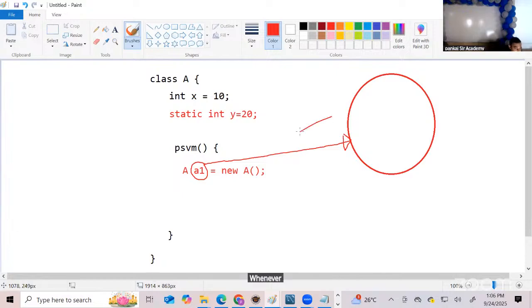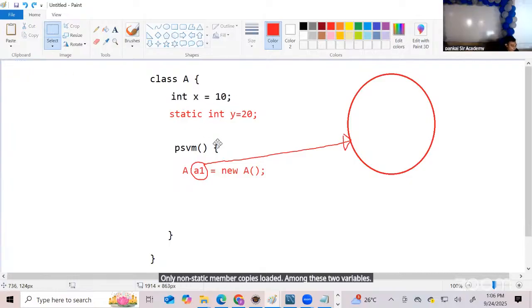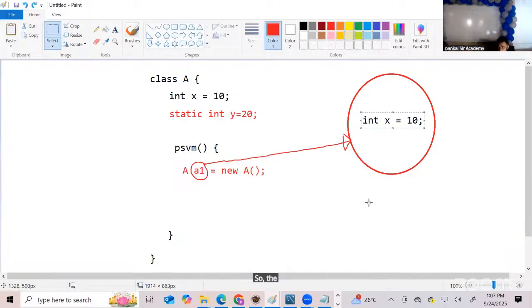Whenever we are creating an object in Java, inside that object, only non-static member copy is loaded. Among these two variables, the one which is non-static, only that will get loaded inside the object. So the purpose of making something non-static is to ensure